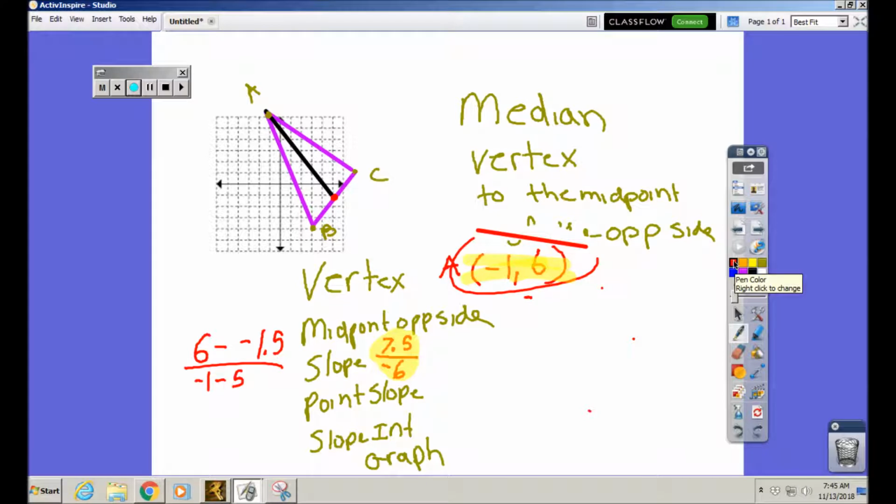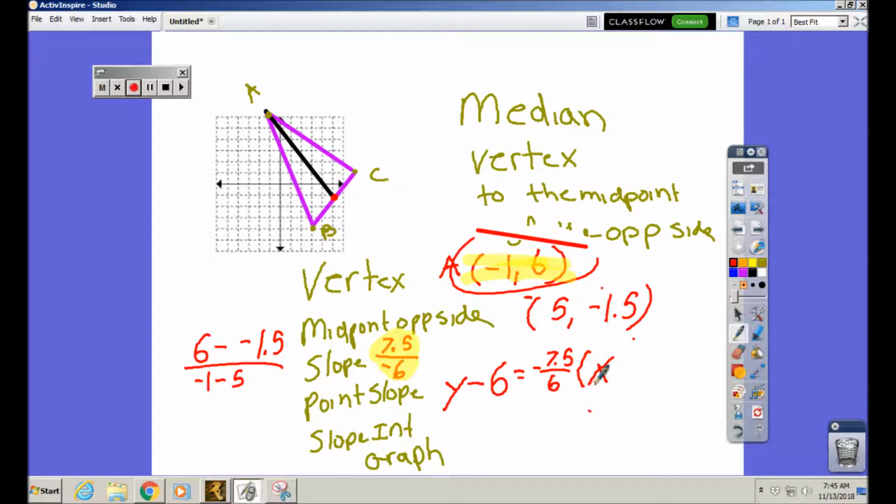So I can use either negative 1/6 or my midpoint, which was, what was my midpoint? 5, negative 1.5. I'm going back and forth here, guys, between fractions and decimals because I prefer fractions, but I'm assuming you guys get decimals better. Okay? So to put it in point slope form, I'm going to use the vertex point. I can use either of these. I'm going to use the vertex because it's whole numbers. Y minus the y value, which is 6, equals, the slope is negative 7.5 over 6,